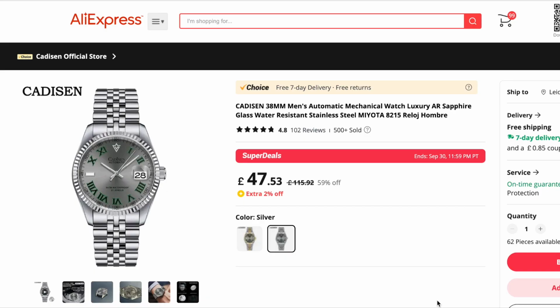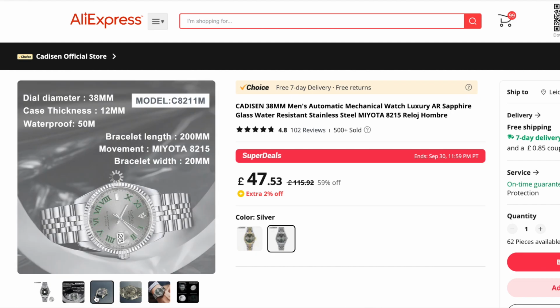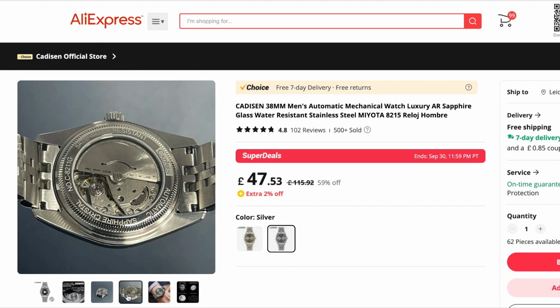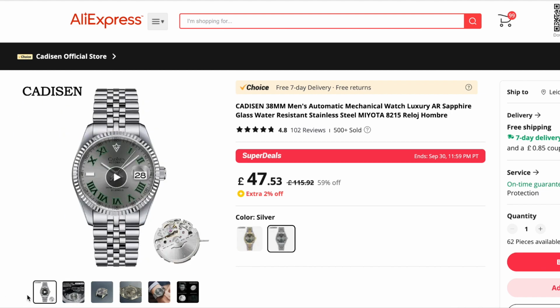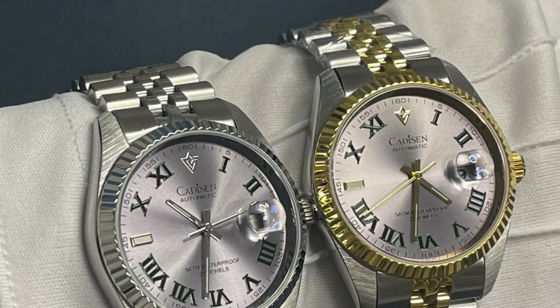The last watch on this list is the second cheapest as well. It is Cadison. It is currently retailing for £47.47, and this is based on a Rolex Datejust, the Wimbledon style version. You have a 38mm case. It is powered by the Miyota 8000 series, sapphire crystal, 100 meters of water resistance, and I think this watch